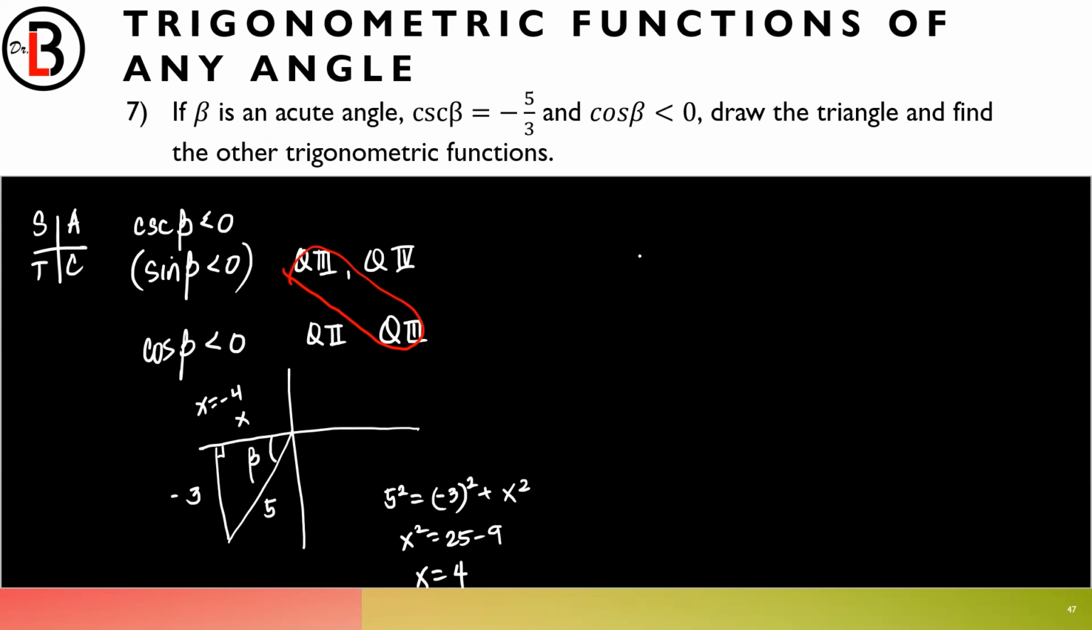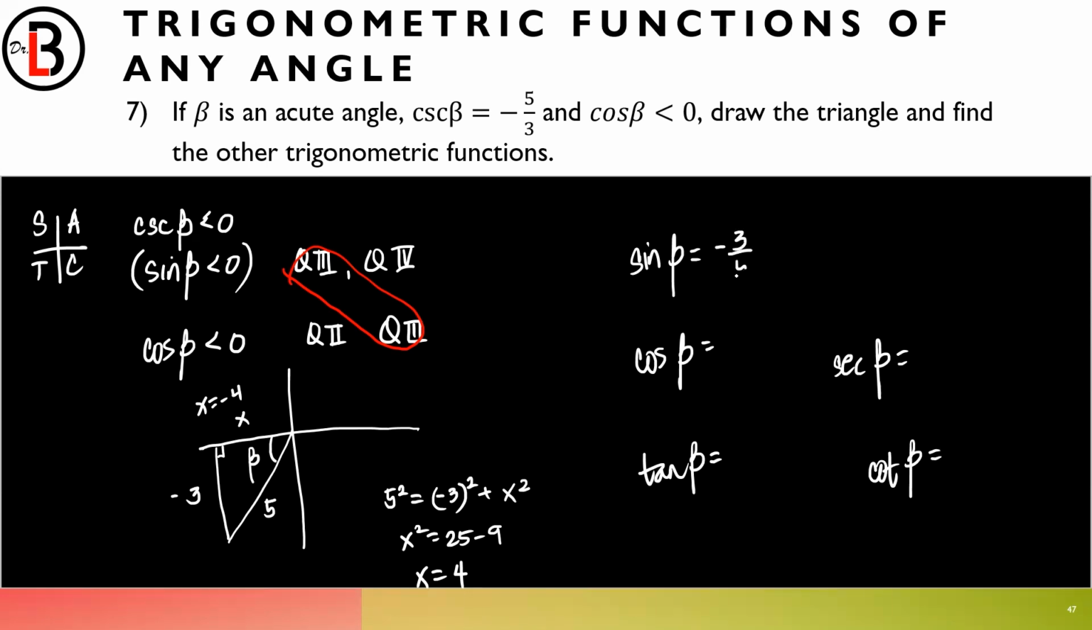Okay? So let's solve sine, cosine, tangent, cotangent, secant. We don't need to solve for the cosecant because it's already given to us. What is the sine of beta? Opposite over hypotenuse, negative 3/5. The cosine is adjacent over hypotenuse, negative 4/5. And then tangent is opposite over adjacent,